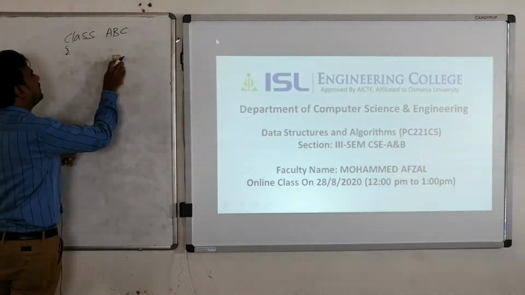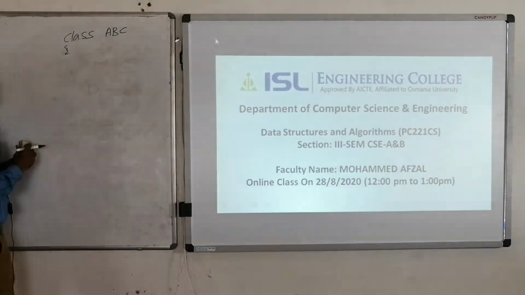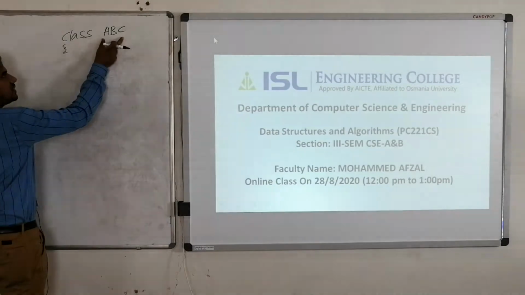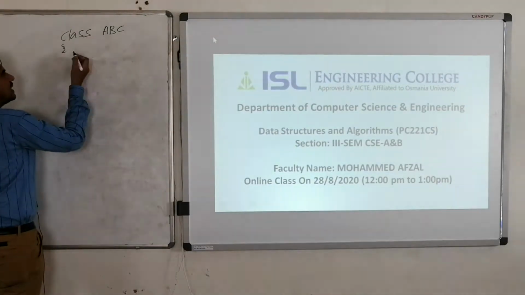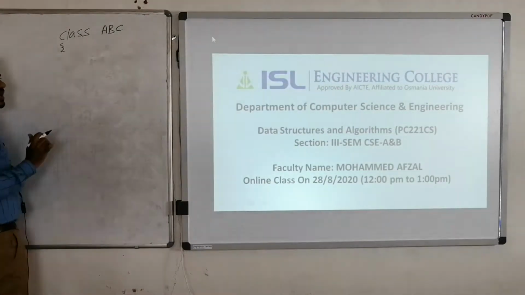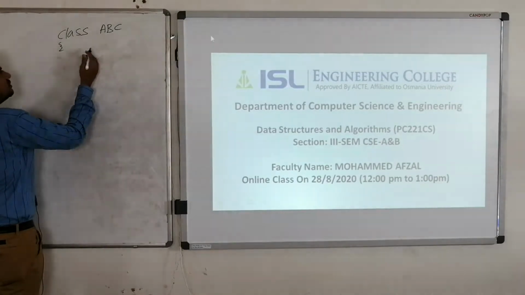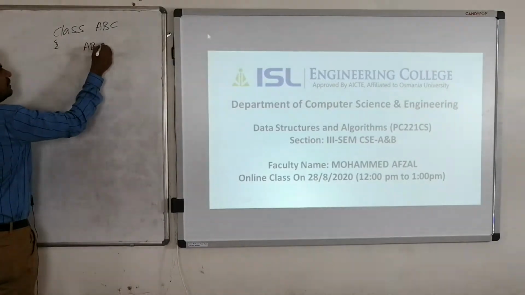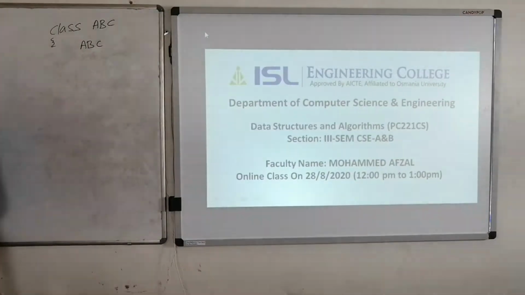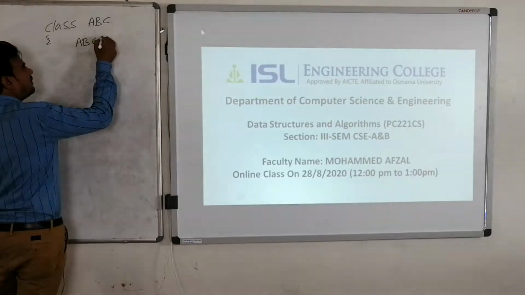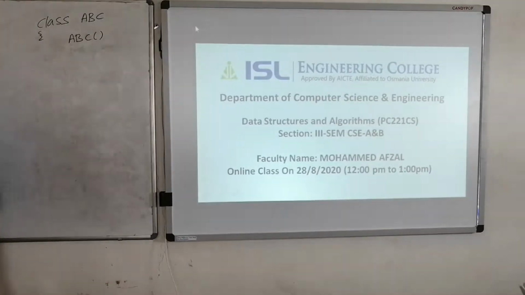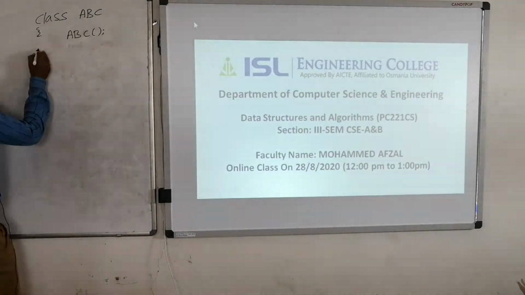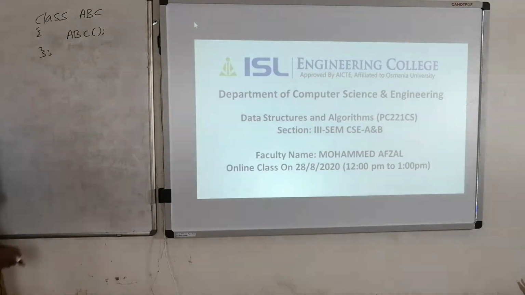But here we'll deal with only the constructor. We don't use these parameters or data members. We use only the constructors. And what we said, how are we going to use a constructor? The constructor name must be the same as your class name, and the constructor is not going to have any return type. So my class name is ABC, so my constructor name will be ABC. As it is something like a member function, it is going to have parentheses. Just put a semicolon at the end. Then close this class, semicolon at the end.